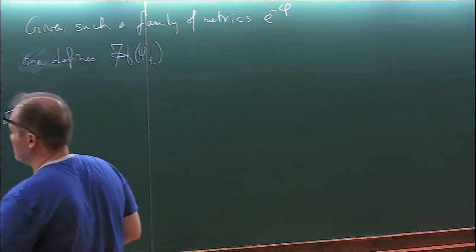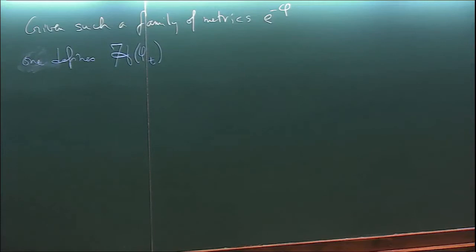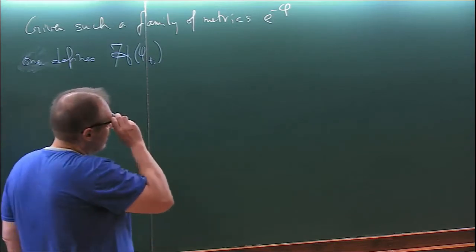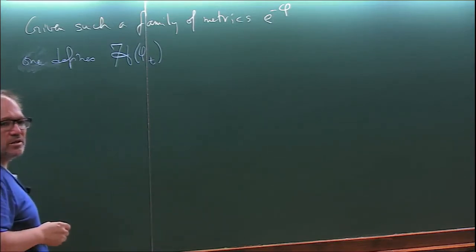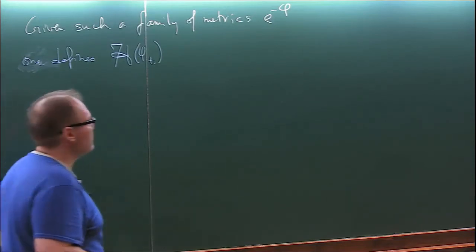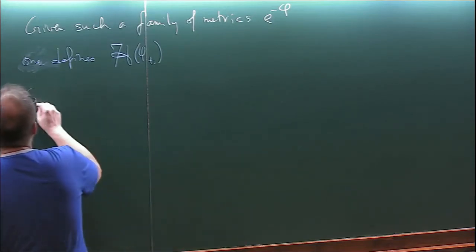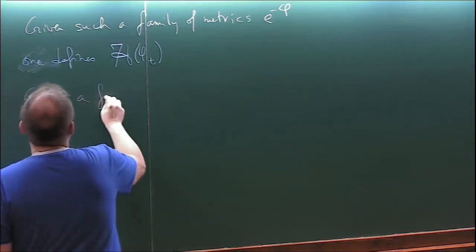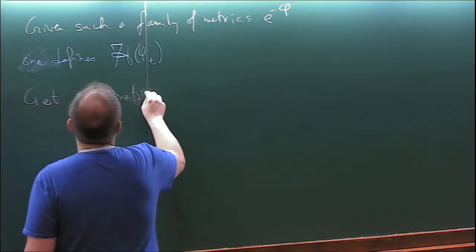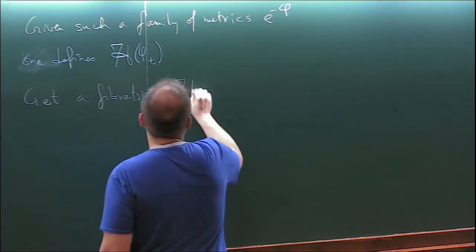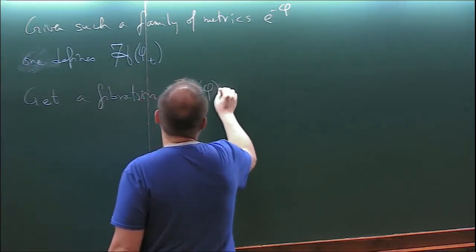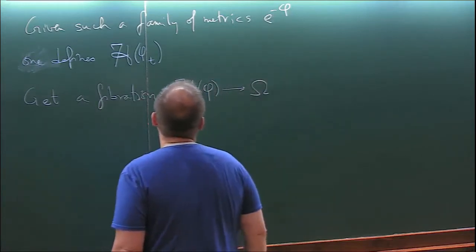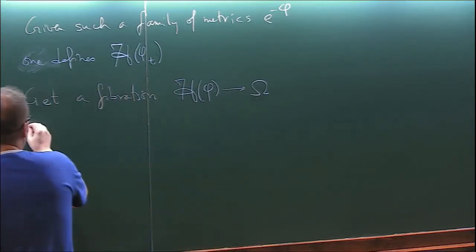So you just take this induced metric for the line bundle L, and you define it in exactly the same way. So now for every point t in omega, you have a Hilbert space of holomorphic sections of X with the metric e to the minus phi t. So then we get a fibration, let's call it H phi over omega, whose fiber